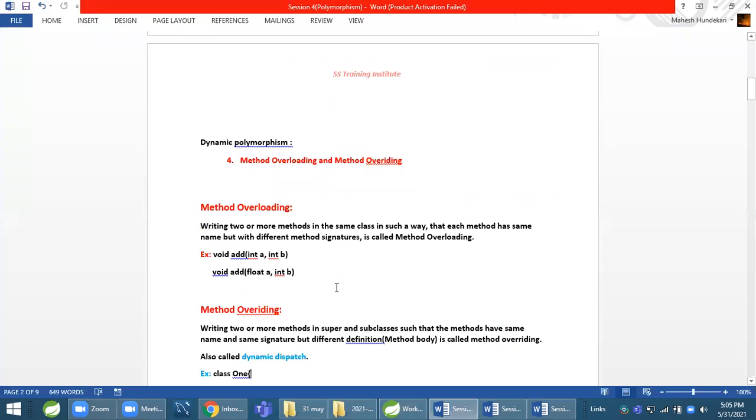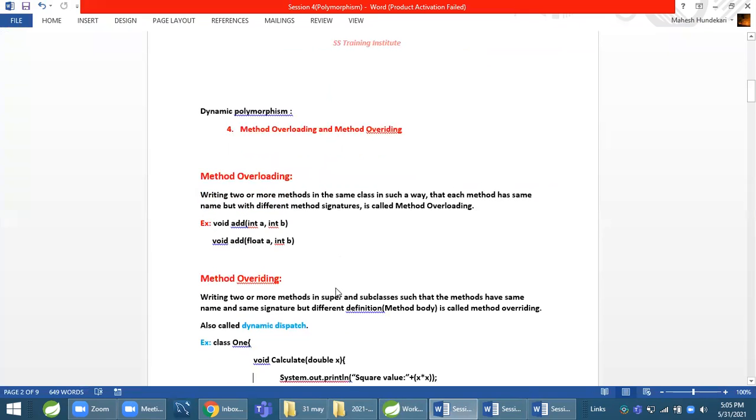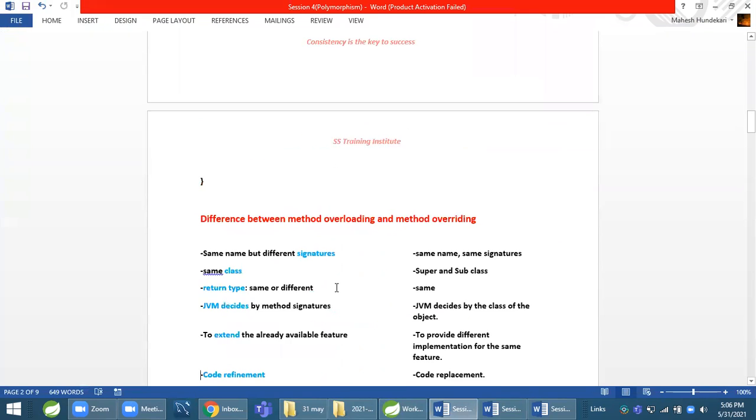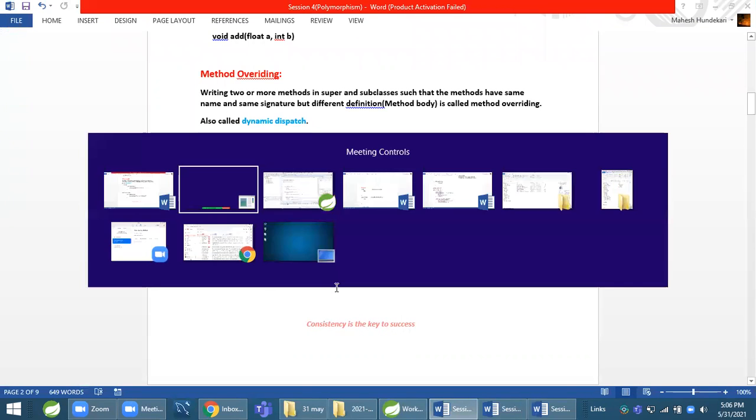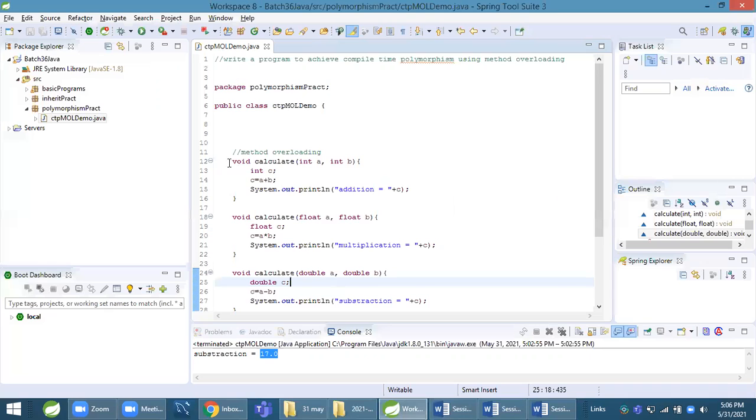We saw method overloading. Now we see method overriding. One more thing: here, when we write static, this is compile time polymorphism.